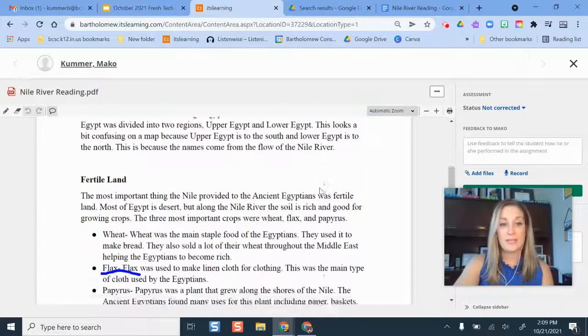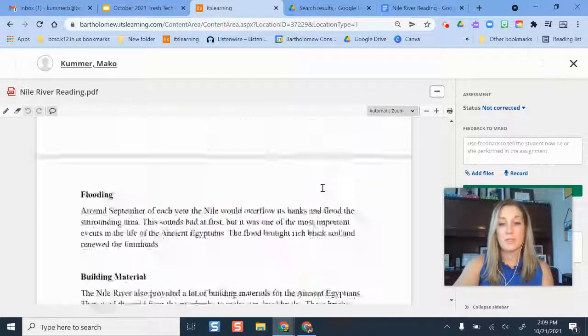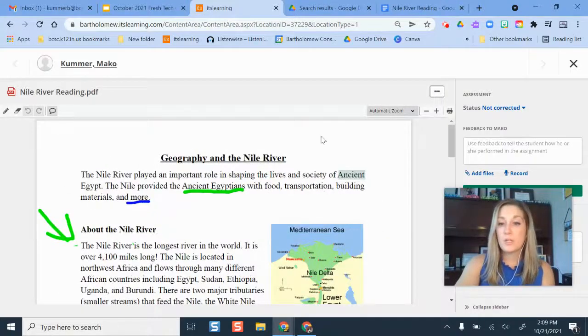So if I look through, I can see any information the students added. So again, this could just be an option for you if you're wanting students to practice marking up text as they read and asking questions as they're reading. It's a way to help them practice this all within the itslearning